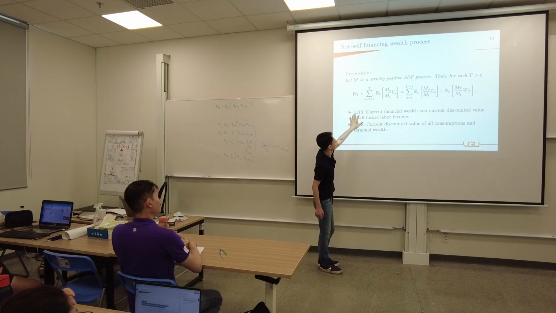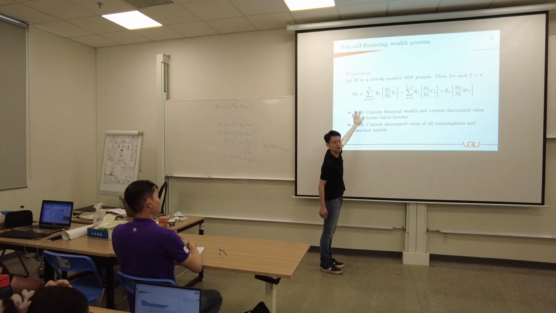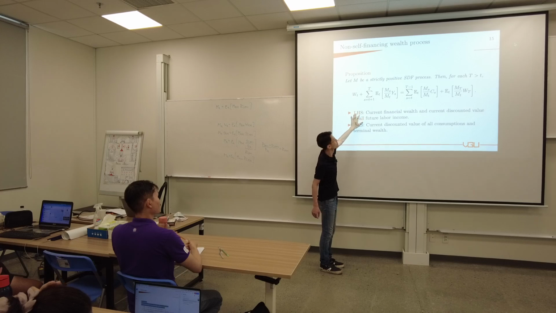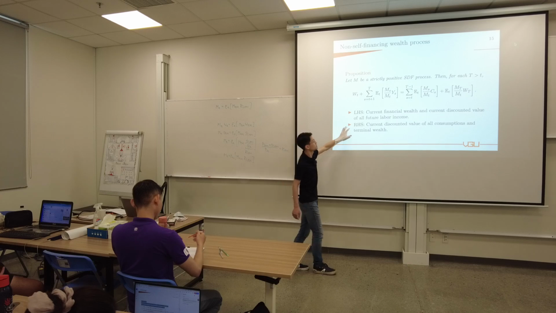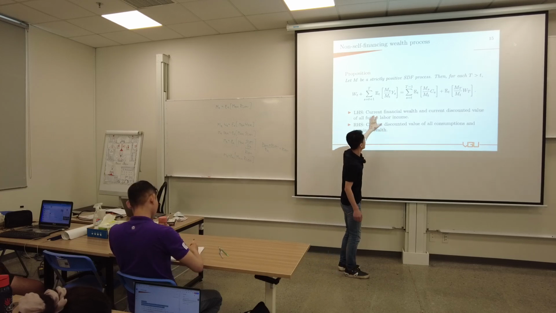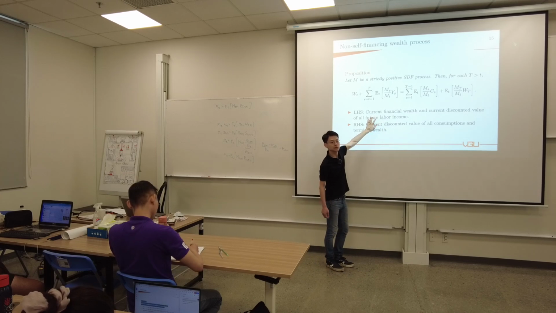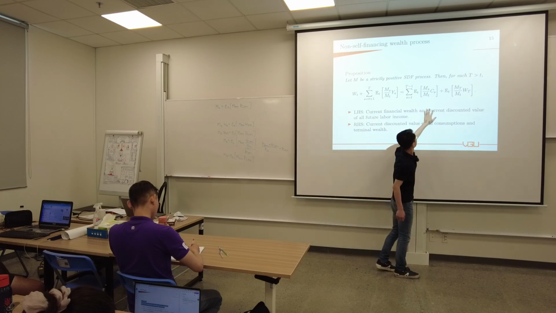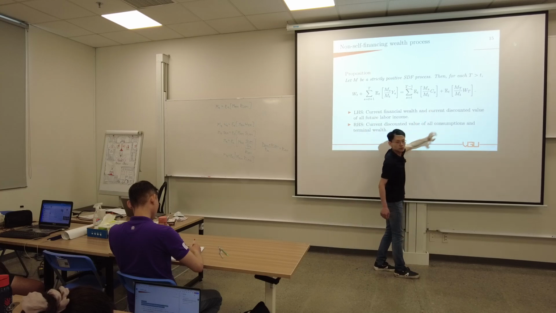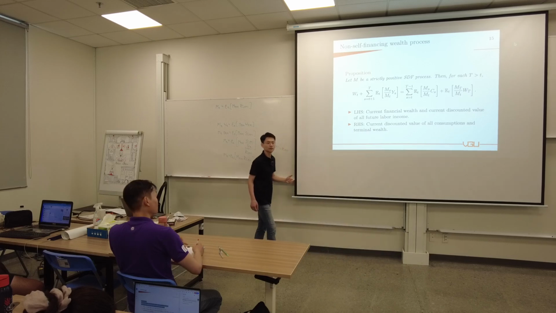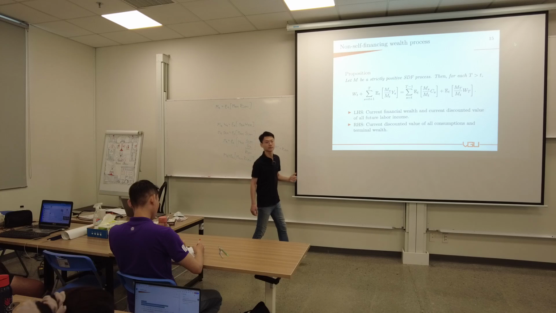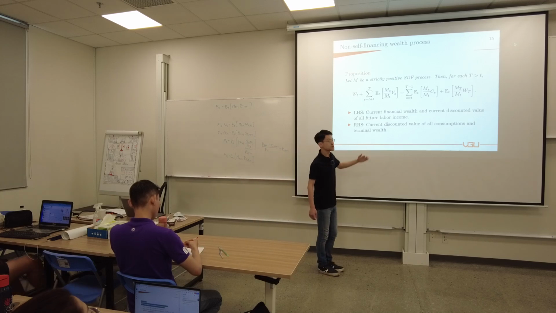Because the left-hand side is the total net worth of this person. That's the total amount of value he has at time t. And when he plans his consumption process, the worth of his total consumption should be the same. So he cannot overspend, and he would not leave anything. So this is a budget constraint,